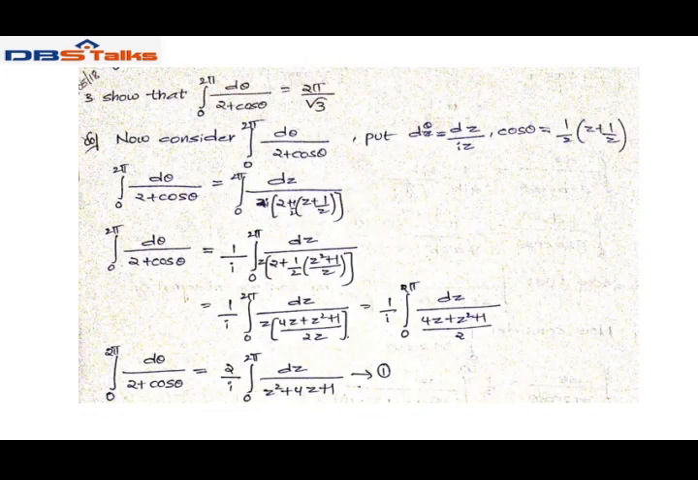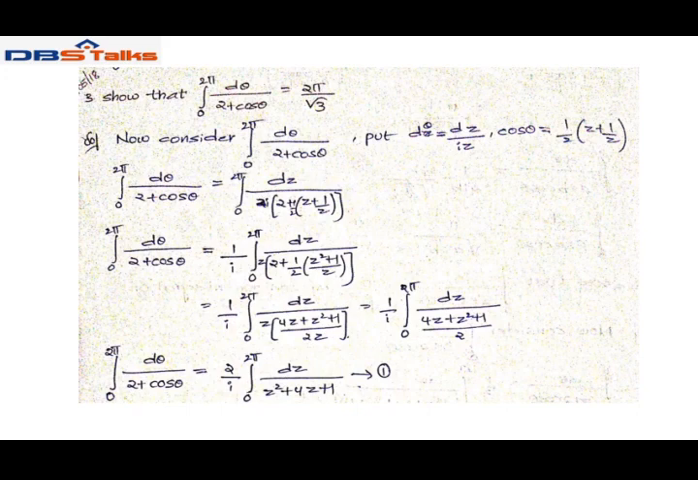Next problem is, show that integral 0 to 2 pi d theta by 2 plus cos theta equal to 2 pi by root 3. So solution is, now consider the LHS value, integral 0 to 2 pi d theta by 2 plus cos theta. The problem is directly given limits 0 to 2 pi, so we do not have to change the limits. Now substitute d theta